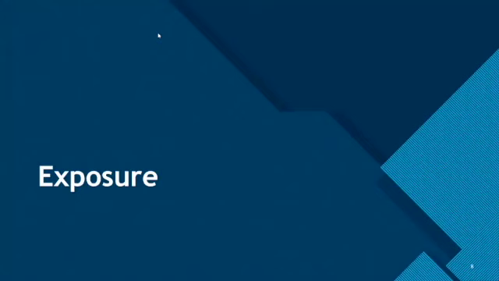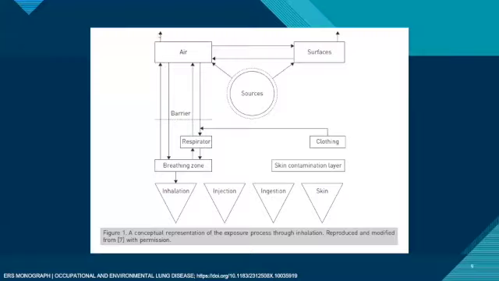So the next thing we need to look at is who is potentially exposed and, more particularly, how these people are exposed. If we look at this diagram, there are two main sources of potential toxic agents, and that includes surfaces and air. For the purpose of this talk on occupational lung disease, we're going to look particularly at the air. Patients inhale the particles into the breathing zone, and by inhalation, these then cause disease. And as we've all learned now, good PPE enables protection from inhaled particles. So simple things such as a respirator will help to reduce the burden of disease.